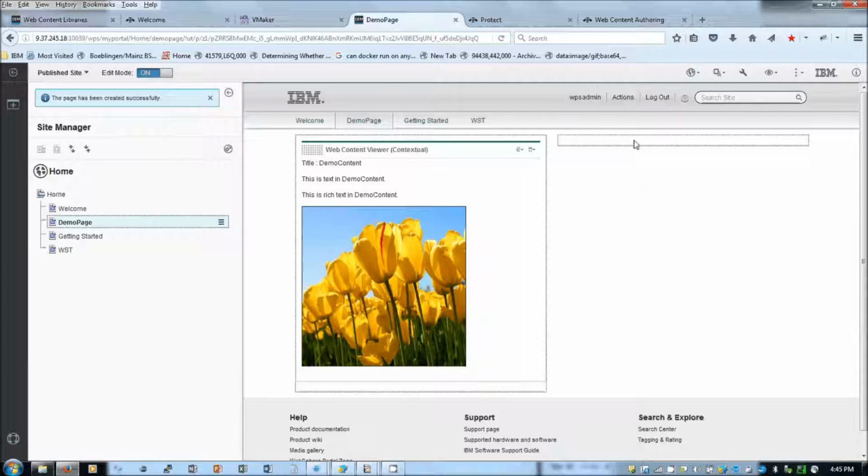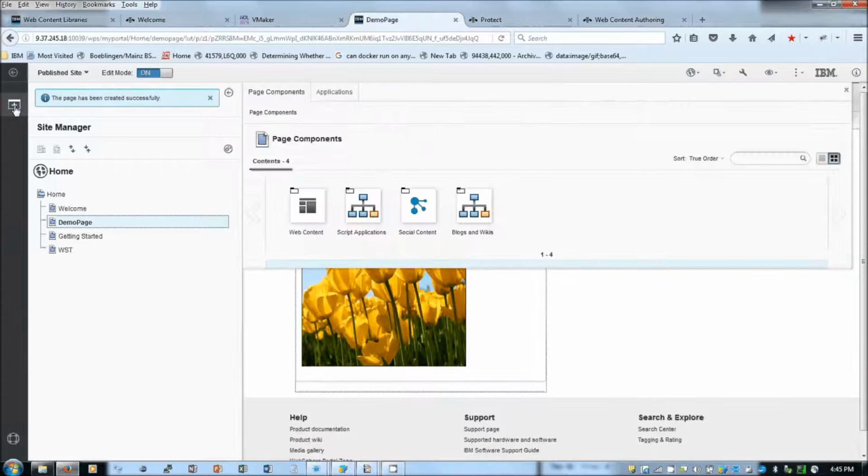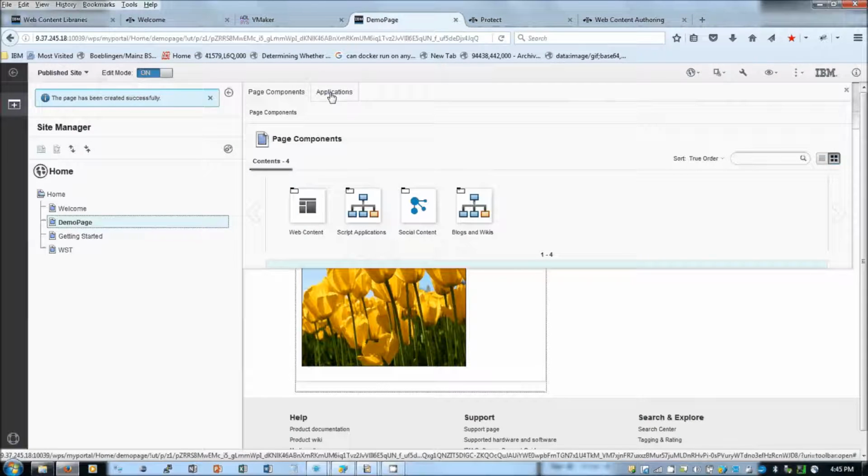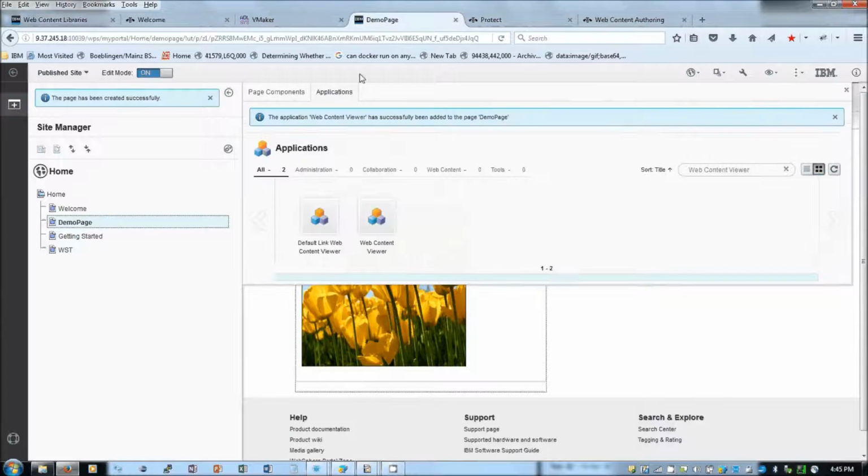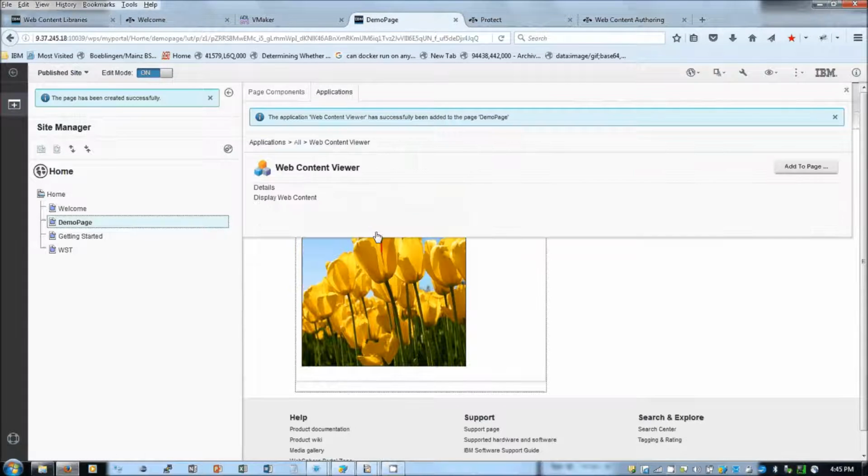Now I want to add one more portlet to this column. So I'm clicking on this add page and components. Go to the applications tab and then select the Web Content Viewer portlet and say add to page.